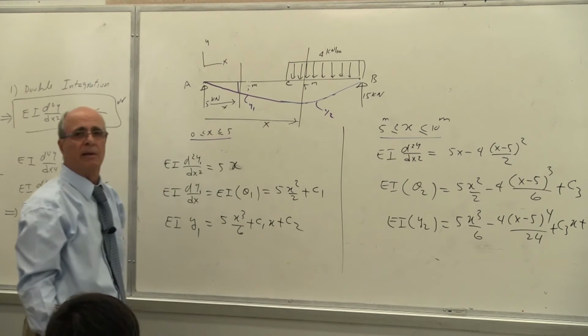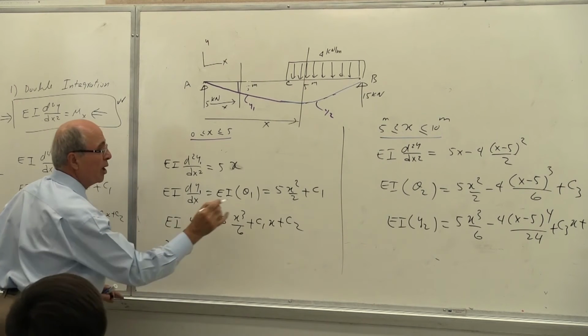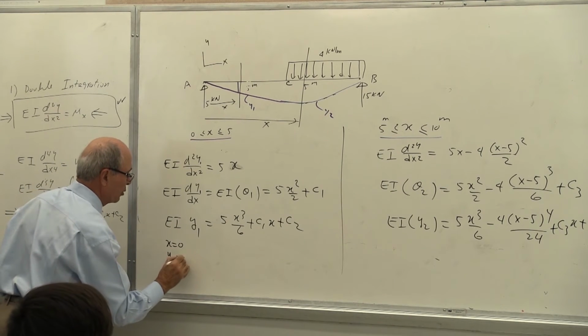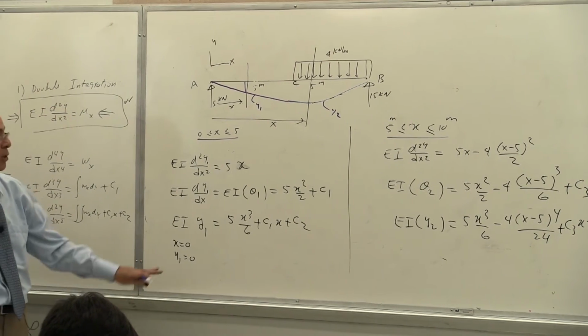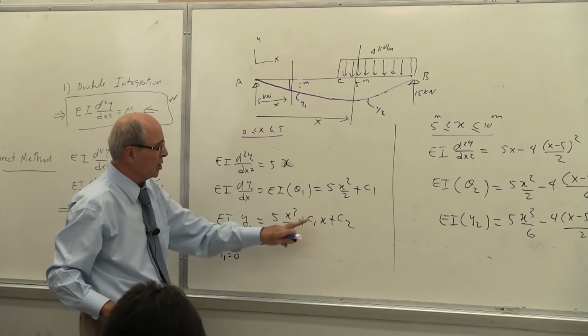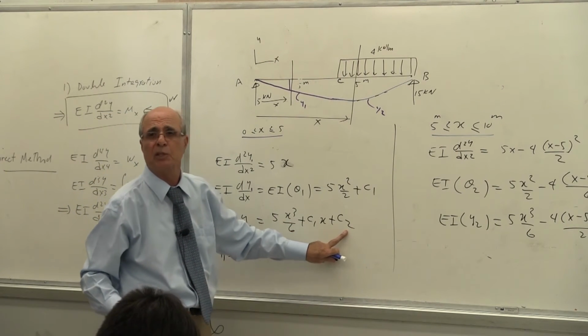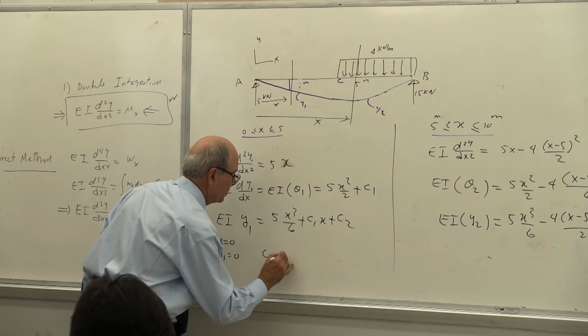Yes? So at x equal to 0, this is what I put here, y1 and y2. y1 is equal to 0. It has nothing to do with the blue line. Is that correct or not? Yes? So apply to this one only. So y1 equal to 0. This is 0. This is 0. As before, C2 must be equal to 0. C2 becomes equal to 0.